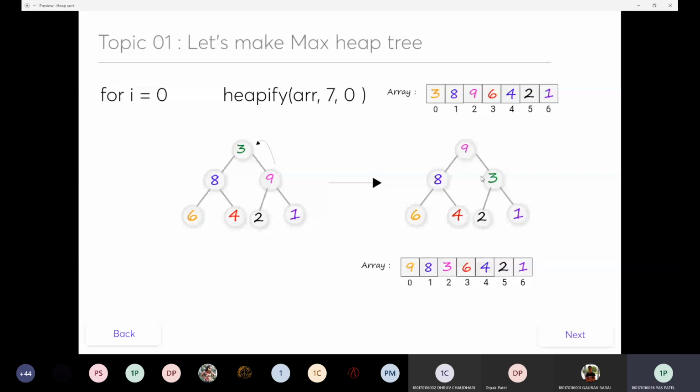So it is the max heap tree. We have seen how we can build the max heap tree, the heapifying process, the complete binary tree and its properties, and the heap data structure about this max tree.